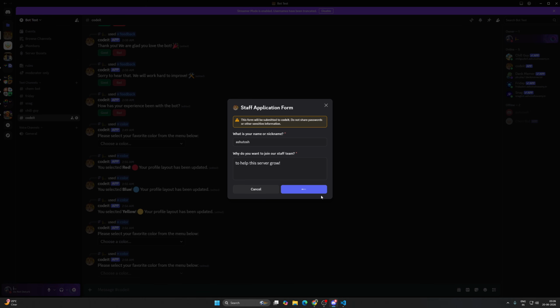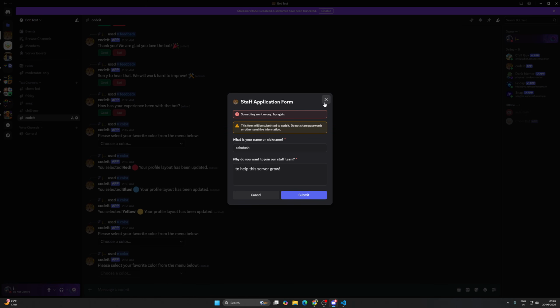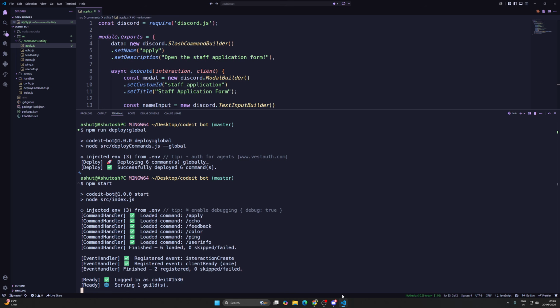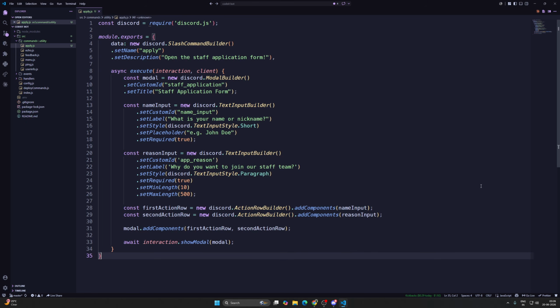And now if I click on submit, it won't do anything. It will say something went wrong because the bot doesn't know yet where to register this interaction, where to submit it. When a user hits that submit button on the modal, it doesn't execute a chat command, it fires a special submission interaction. And with the dedicated event framework we have, we can intercept this globally right inside the interactionCreate